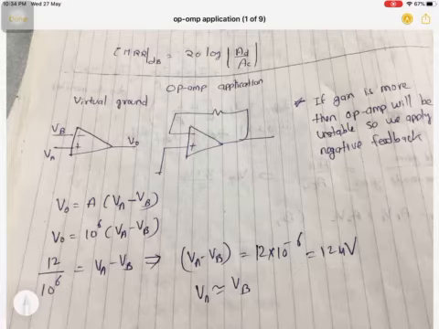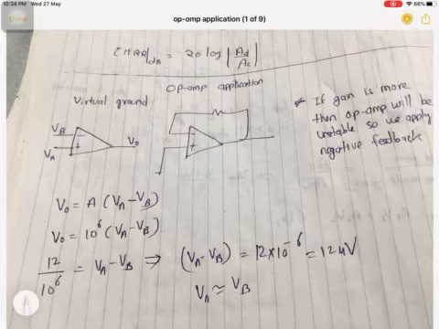Since VA and VB are shorted because the voltage difference is 12 microvolt, we call this concept virtual short. If one of the terminals is grounded, then this is also known as virtual ground. So right now we have established that if the op-amp is operating in linear region, then the voltage difference between its terminals is almost negligible. It means they are virtually short.